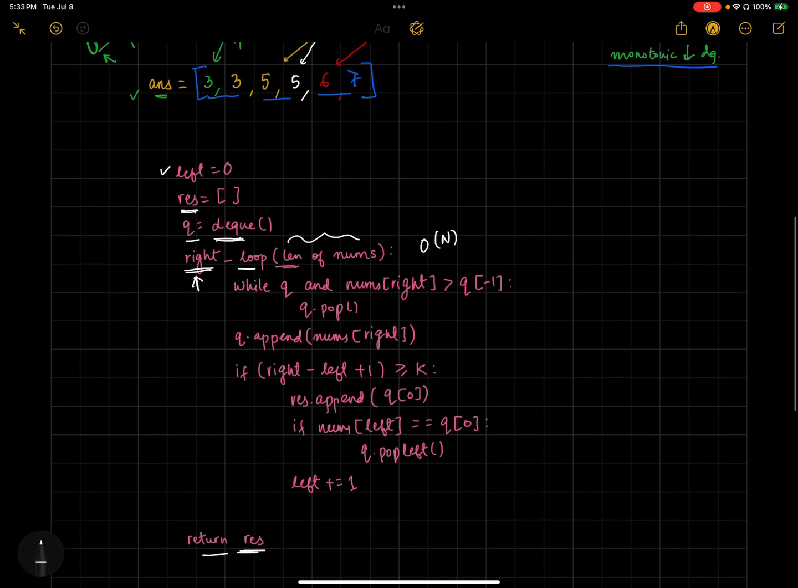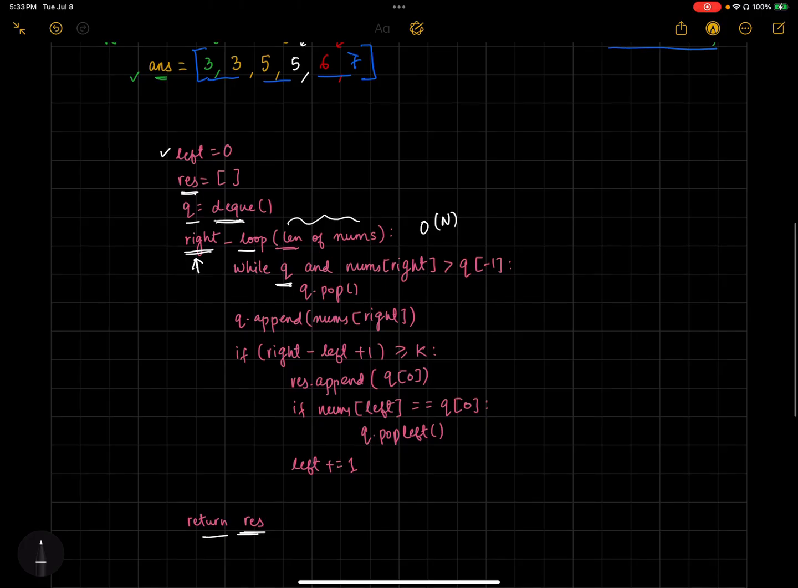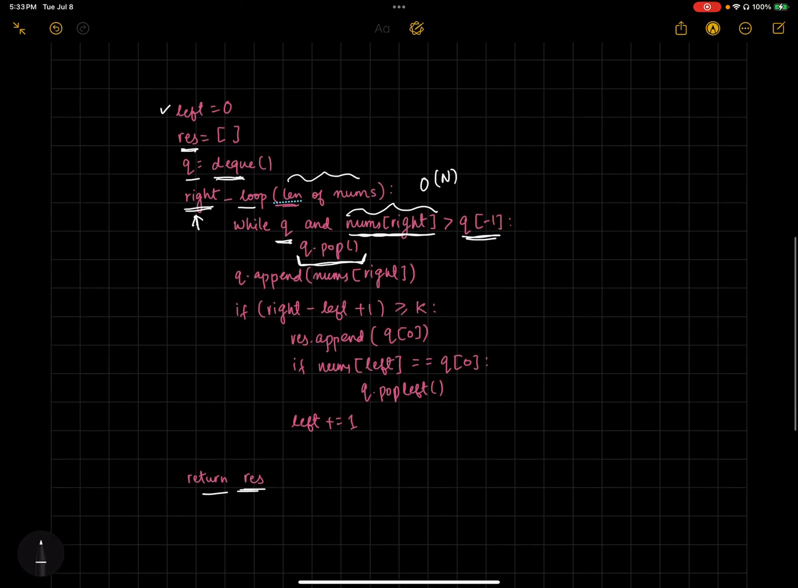When we are inside the loop, we are asking, hey, do we have some element in the DQ? And if we have, is the current element of the array that we're looking at greater than the top of the DQ? If that is the case, please pop it. Please pop the top of the DQ. As long as this current element is greater than every single element in the DQ, we just keep on popping it, okay? And once we have popped out everything, and when we break out of this while loop,